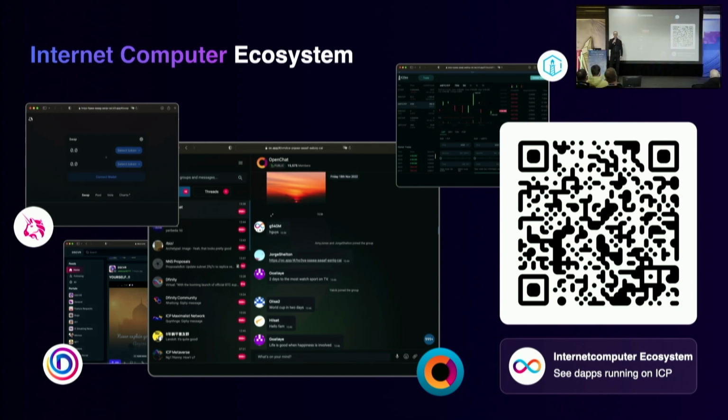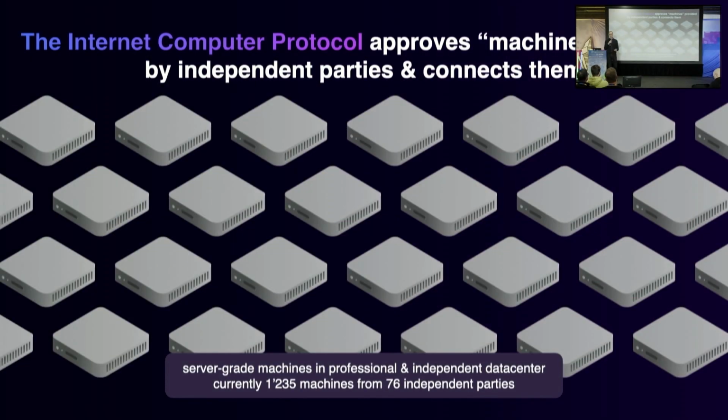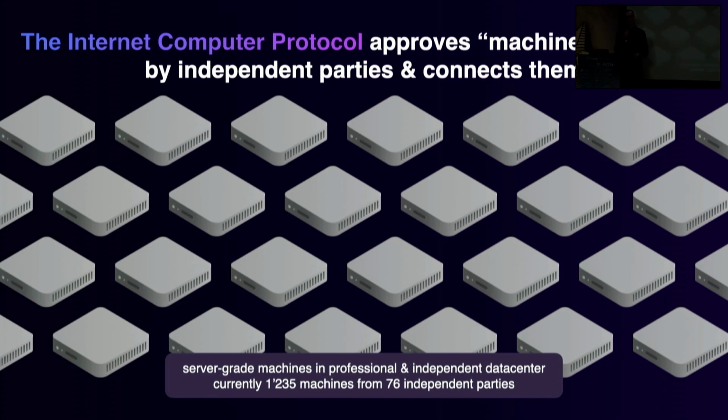So let's see how we can do that. Let me explain what the Internet Computer does. Let's do a crash course on the Internet Computer Protocol. The Internet Computer Protocol approves node machines that are provided by independent parties, and then connects them together into subnets. These nodes are server-grade machines hosted in professionally run, independent data centers, and